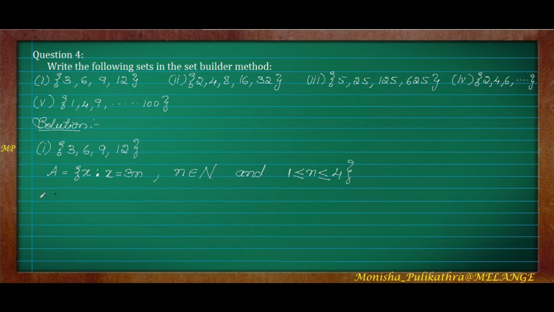Okay, so moving on to the second question. There are 5 sub questions in this section. So the second one is 2, 4, 8, 16, 32. So just by seeing the numbers you can understand how they have done that. Okay, see here, 2 2s are 4, 4 2s are 8, 8 2s are 16 and 16 2s are 32. Or 2 to the power of 1 is 2, 2 to the power of 2 is 4, 2 to the power of 3 is 8, 2 to the power of 4 is 16, 2 to the power of 5 is 32. Either method we can use to write it.